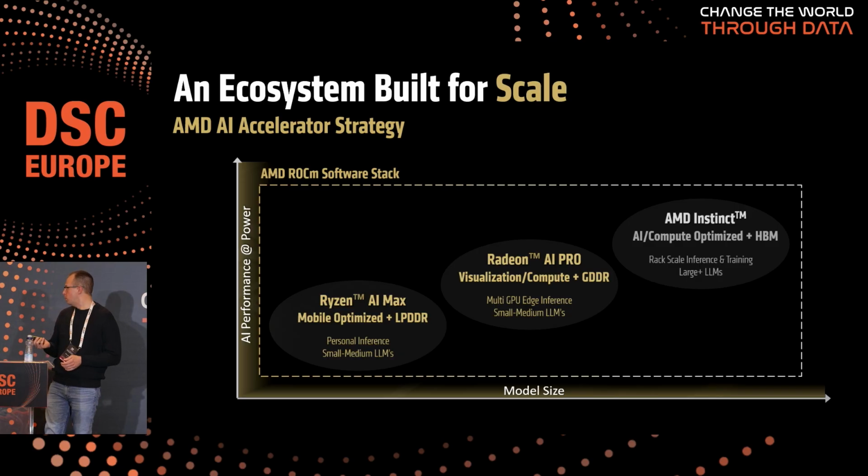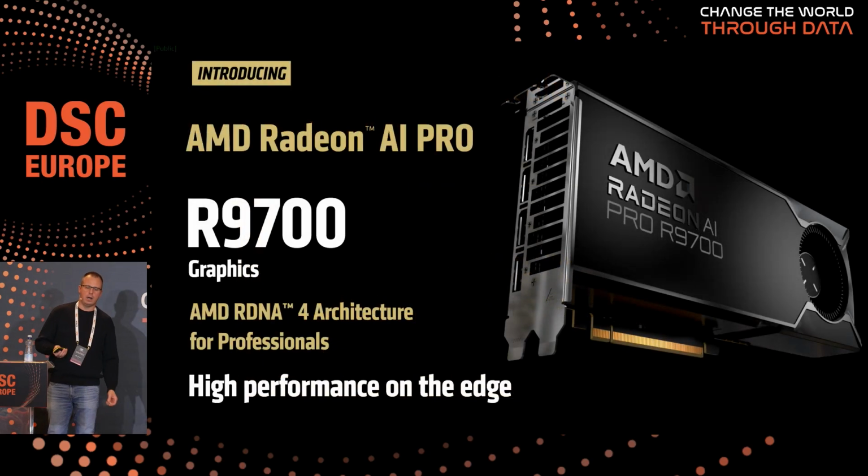So I'll focus on the two main products that we have right now, our flagships. This is the R9700 Radeon AI Pro, our flagship workstation AI GPU. It's based on RDNA 4 architecture, and compared to RDNA 3, provides more performant compute cores and adds FP8 data type support. It has a similar architecture to the 9070 XT, but double the amount of VRAM. So it comes with 32 gigabytes of VRAM